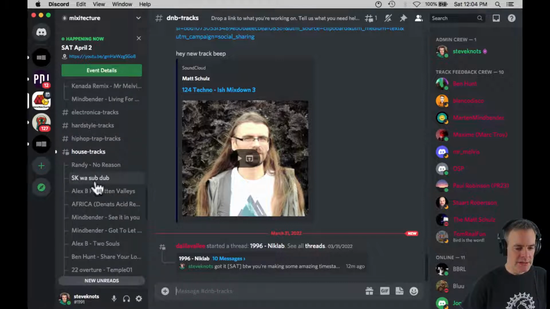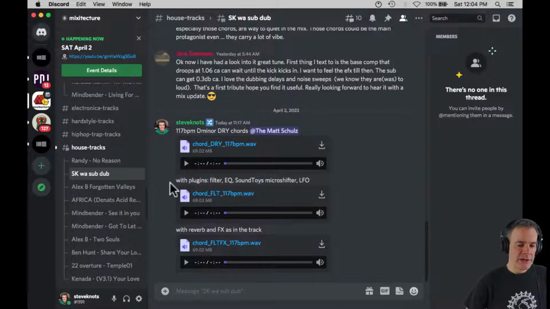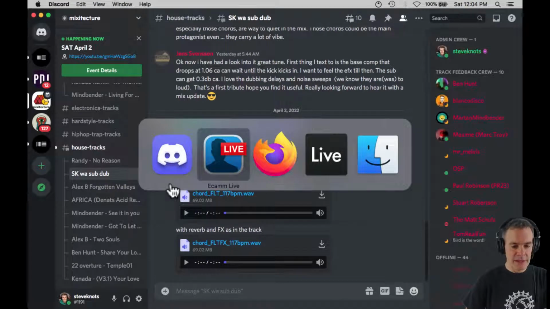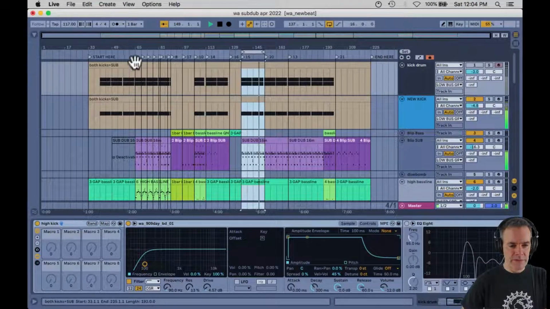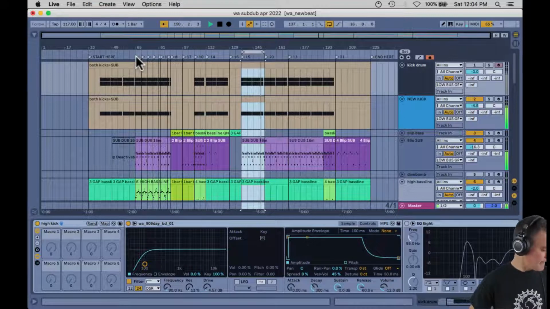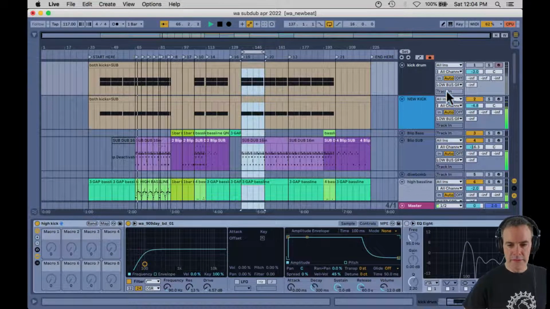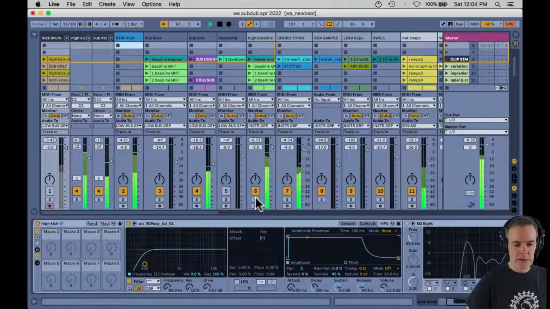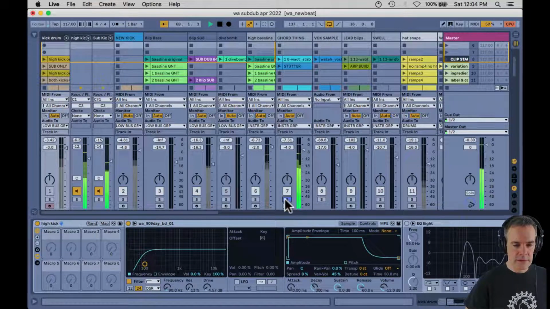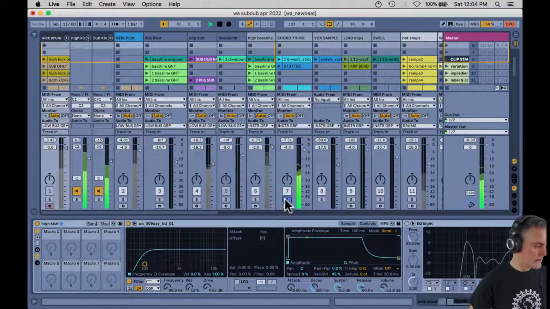Steve Knotts, WA subdub, in this thread for the track that I'm working on. I cannot believe how slow this is. There you can see 3 audio stems: the chords, dry, unprocessed, with just the channel effects, and then the wet version with the reverbs and stuff, which sounds like this. And that's going to be the chords channel. And you're hearing it now with